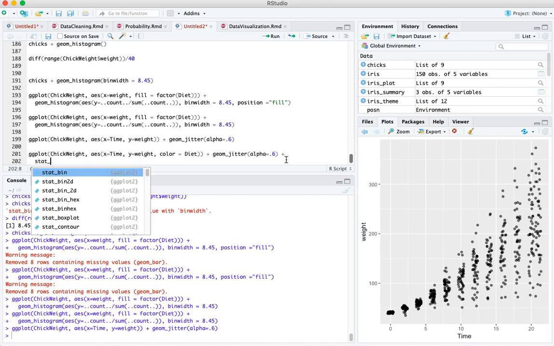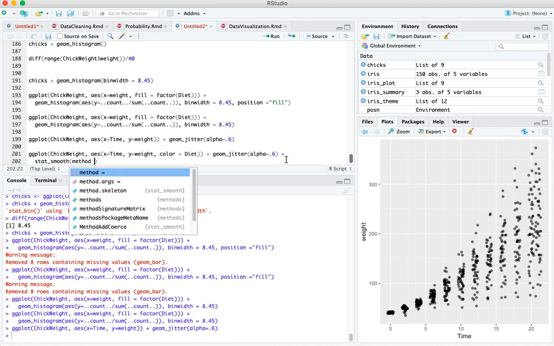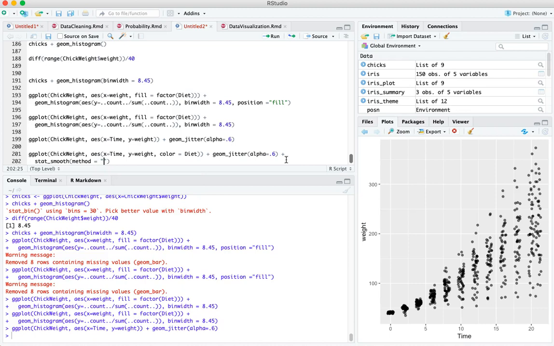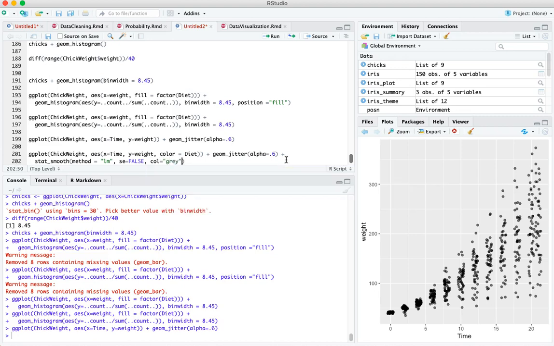So I got a stat smooth. Method is a linear line. I don't want to look at standard error because it's kind of hard to see. And I'm going to make the color gray. Okay, so we'll run that,